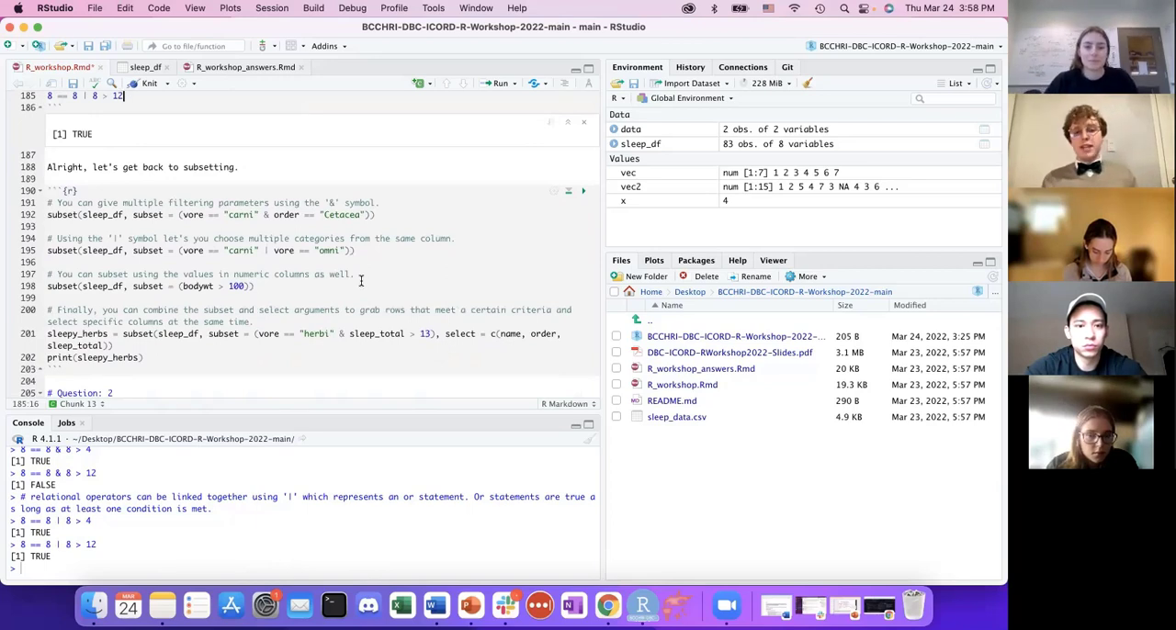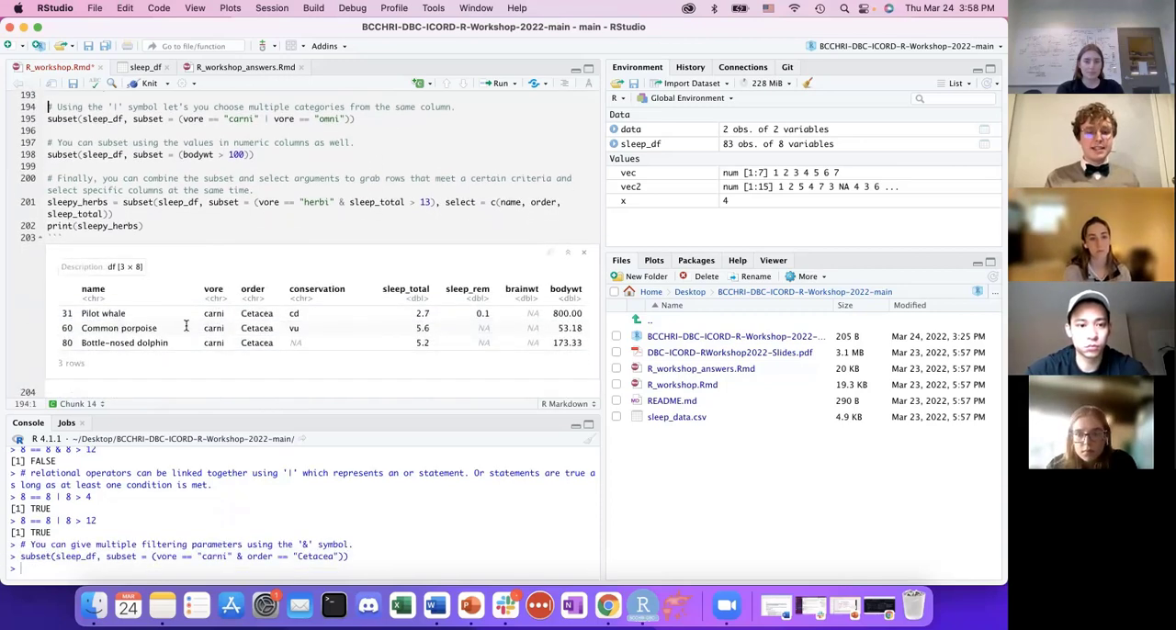So the way we can do this is that we can filter using multiple parameters using this and symbol. So for example, again, subsetting our sleep data frame, and for the subsets, I'm asking only data where the feeding behavior is carnivore and where the order is cetacea. So we run this and we get a nice little data table like this one, where it's just all of